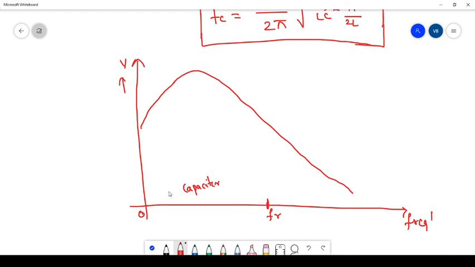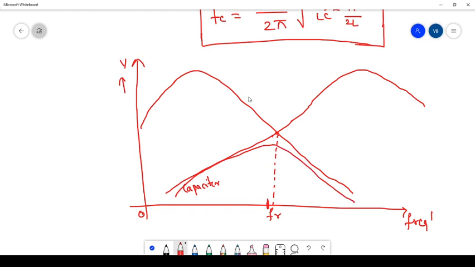So first it will have a minimum value, and then after the cutoff or resonance frequency, it will increase more, reach the maximum and then reduce. Here this point is called FR, it touches FR, and that reactance component is a combination of capacitive as well as inductive. So we can draw like this. This is VC, this is VL, and this is VR. Okay, so like this we can calculate the voltage and current relations in the series resonance circuit.